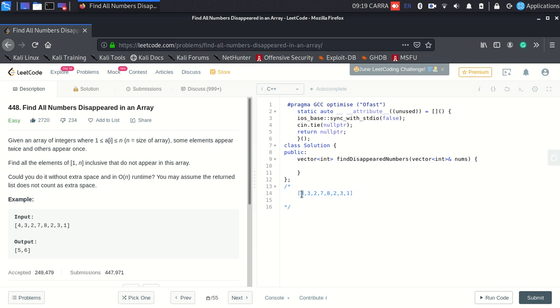for every element i in the array A, I'll mark that particular index of the array as visited. Now how will I mark it visited? My original array contains all positive numbers in the range from 1 to n.